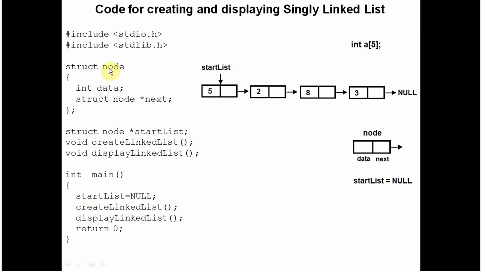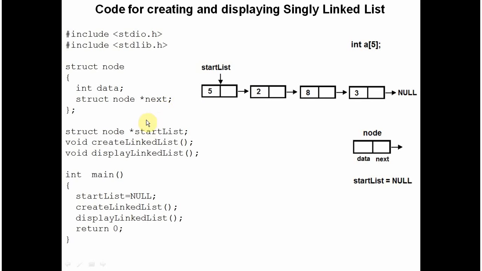Defining here a structure node which consists of 2 data members. One is to store an integer value. The second data member is known as next. I can have any name, and it points to the structure type node. This next is just to point at another node. That's it. It is just for linking another node.